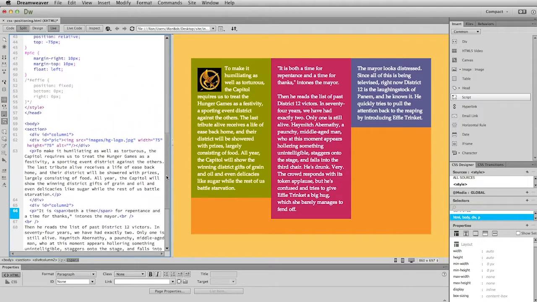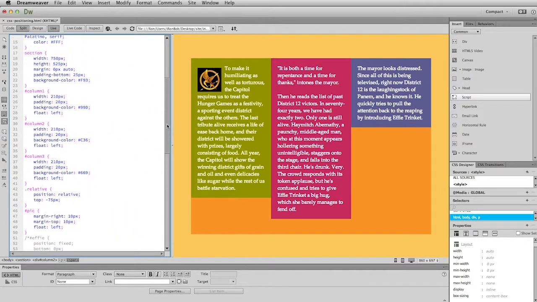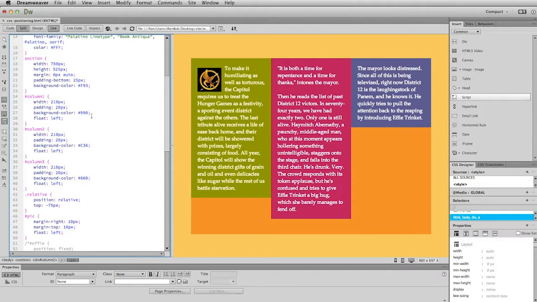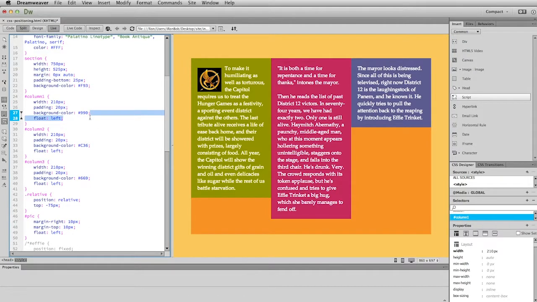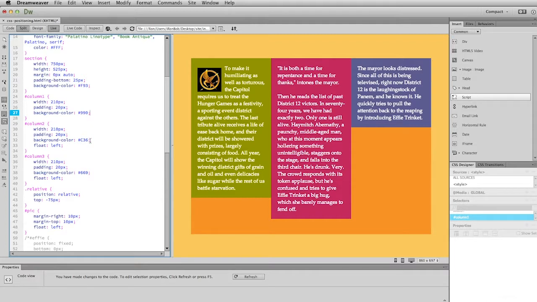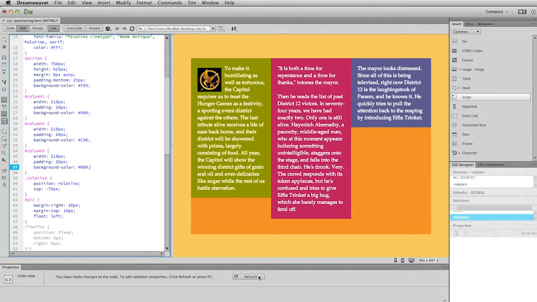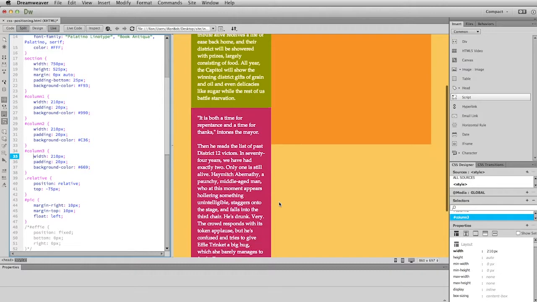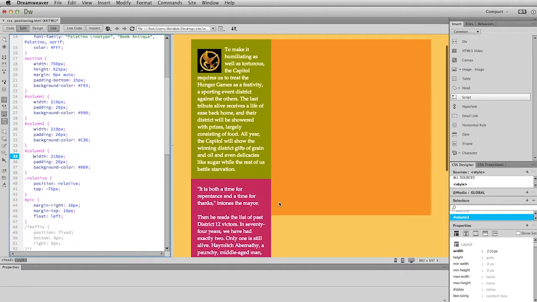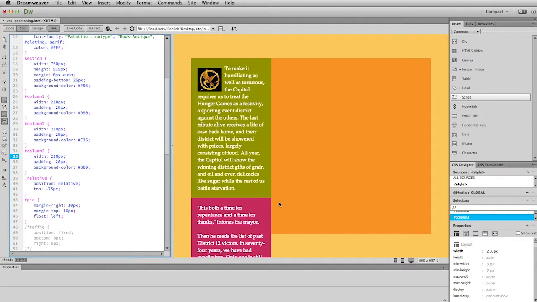And so let's go back up into the CSS rules here. And what I'm going to do is remove all of the float lefts on each of the three columns. So I'm going to click refresh now, and I think you know what's going to happen. Yes. That's exactly what we expected to happen. It returned to normal document flow. But I want to put those right back into the same position they were in, but this time using absolute